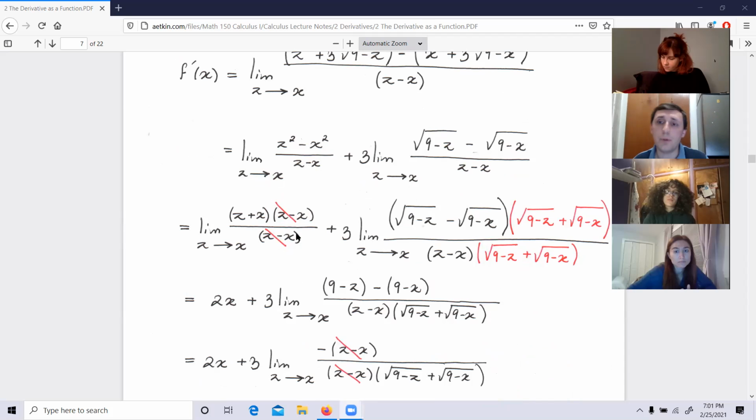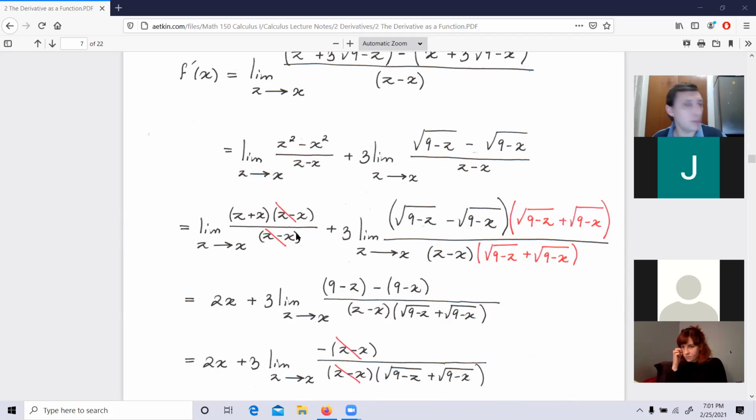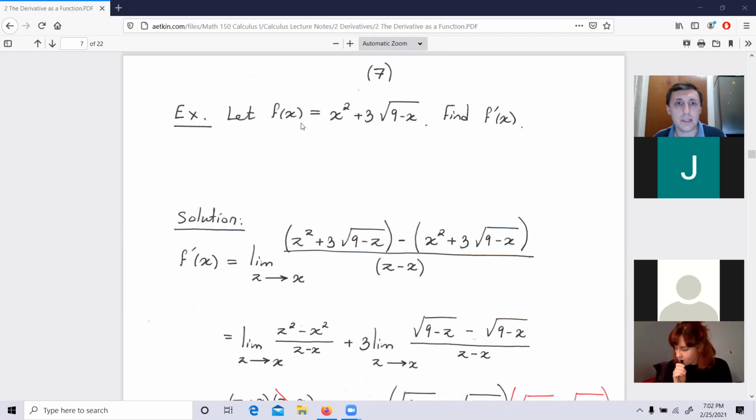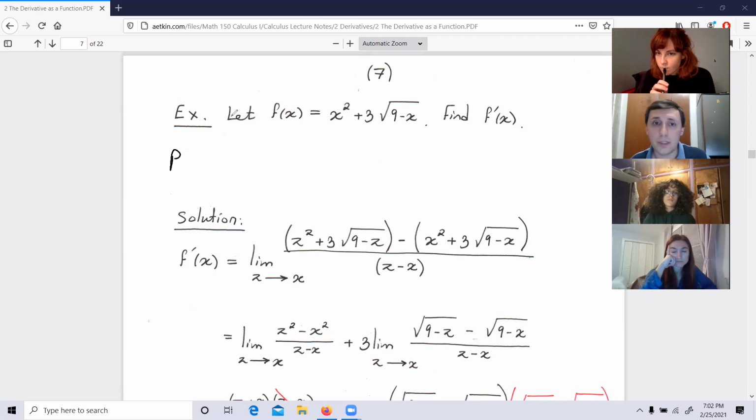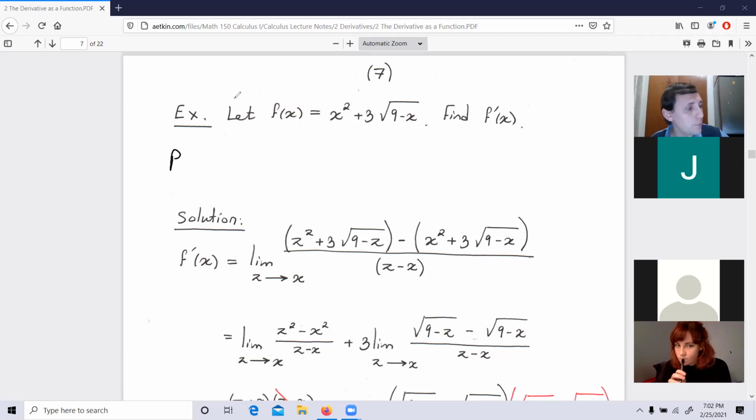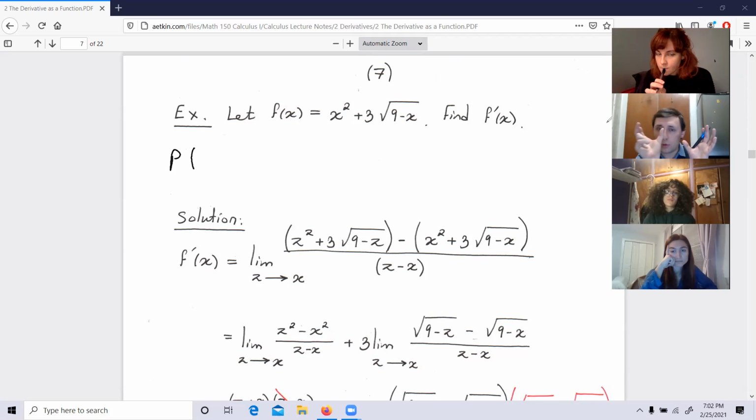z is the sliding point. They don't come from anywhere, guys. You have to understand what we're trying to do here. You have to have a description. What am I doing here? I have the point Q. Let me just see if you understand what the z is. So we have this function, right? Point P is the point at which I calculate the slope of the tangent line. What are the coordinates of the point P? Because I want to be able to do it for every coordinate.